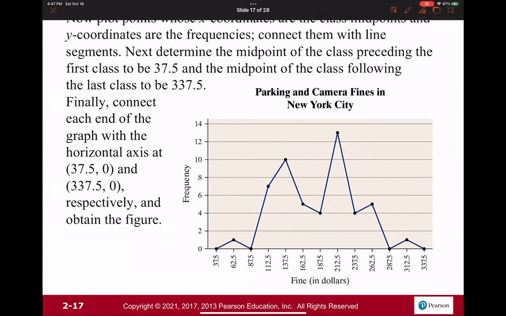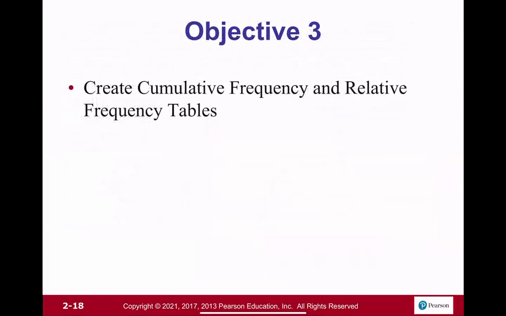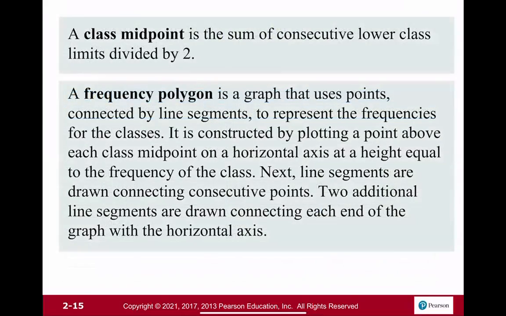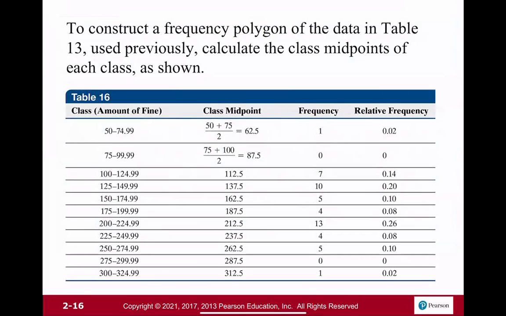So not like that. So our class limits were from here to here. I don't see it. All right. There we go. So looking at this data table here, the way that we found our midpoint was adding these